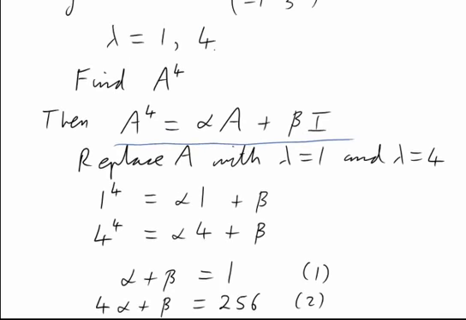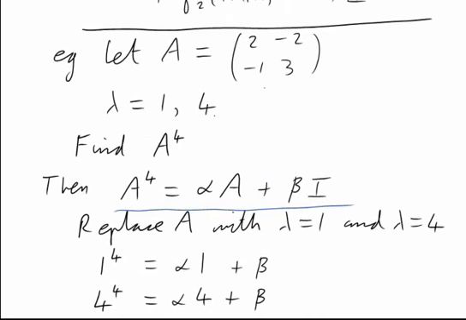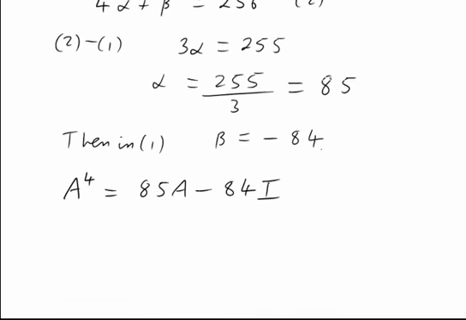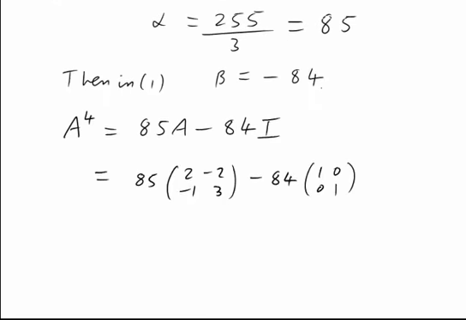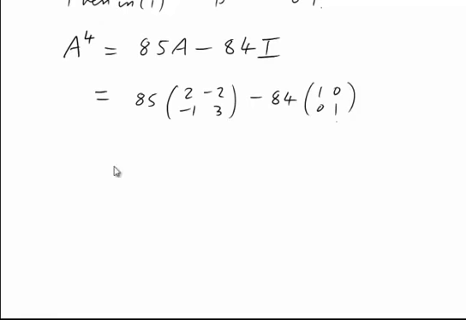What was a? It was the matrix 2, -2, -1, 3. So that's 2, -2, -1, 3, with an 85 at the front, minus 84 times the unit matrix, which we now give its explicit form as 1, 0, 0, 1, which simplifies to